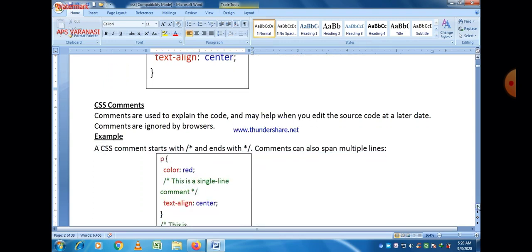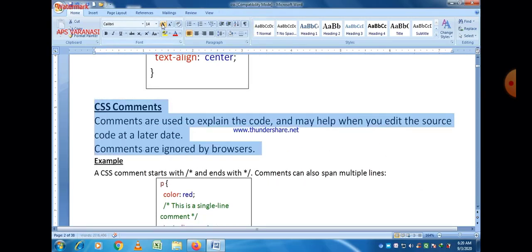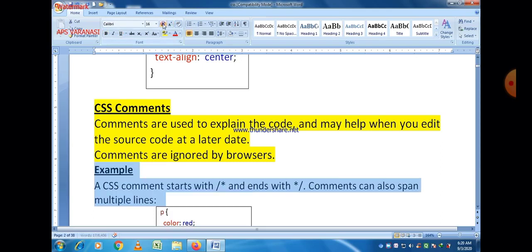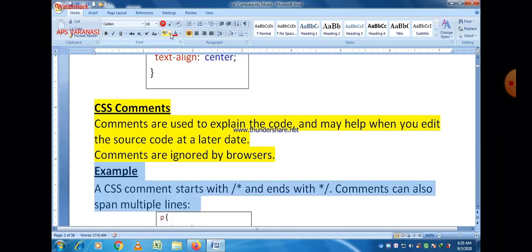Now the second thing that is also very important: CSS comments. As we know, CSS comments are nothing but dead statements that are not visible at all, but we write comments for code visibility, and they start with a slash star. What we write within the slash star and star slash is considered a comment, a dead statement that will not be executed at all.